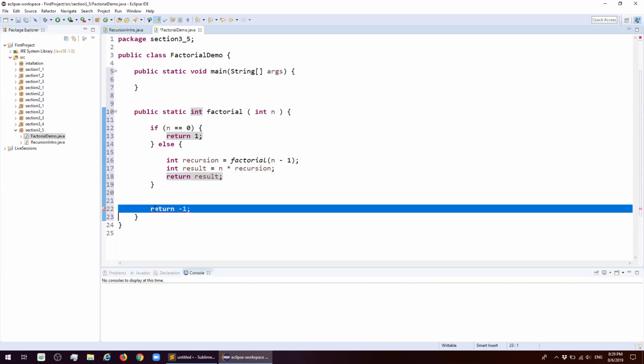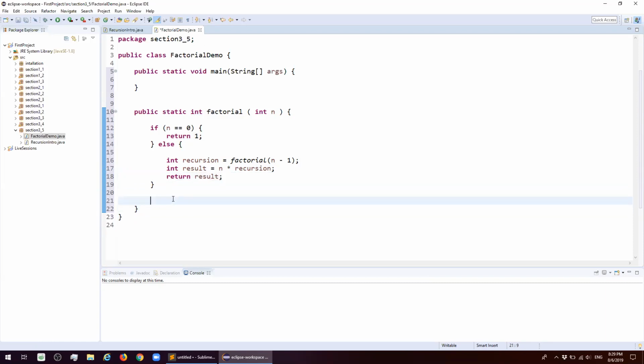So, and this return is going to become obsolete. It's going to be dead code. So try to understand what just happened here. We said that first case, if n is equal to 0, we're going to return 1. And what will happen is we coded for such a recursive call so as n becomes 1 at certain time,